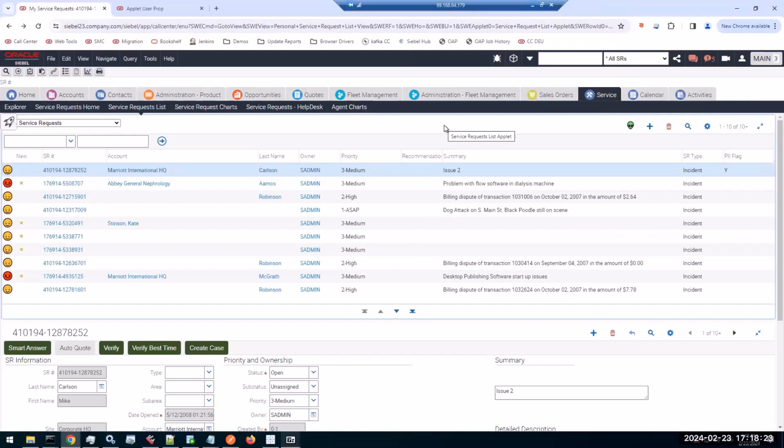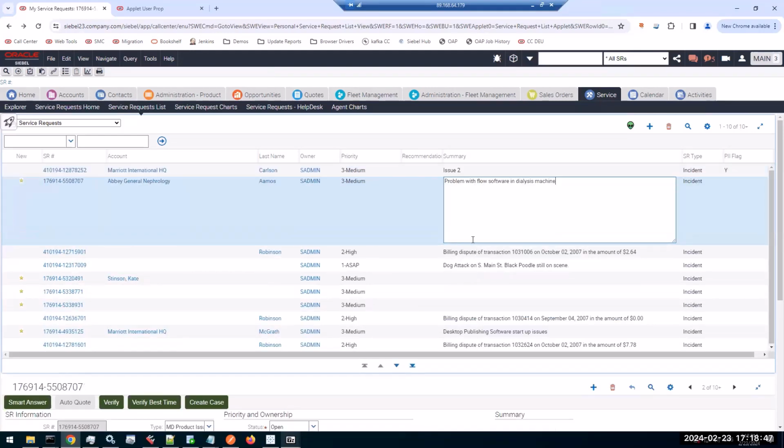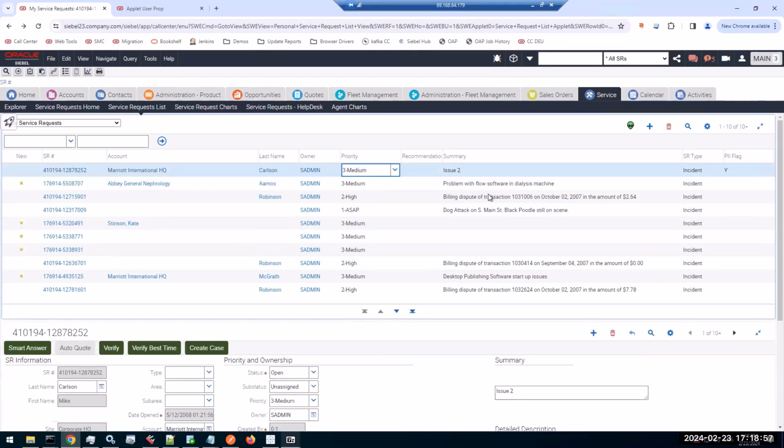Let me go to my Siebel playground. And here's a demo I've done recently. So it's an older demo and it's not generative AI. It's just language AI, the sentiment analysis. So you see that for each service request, there's a little icon with the sentiment of the text that's in the summary. So there's a problem described here, or there's a dispute or something like that. And if I click,